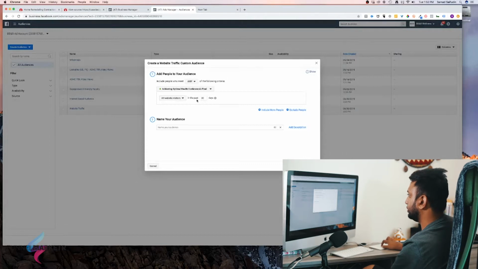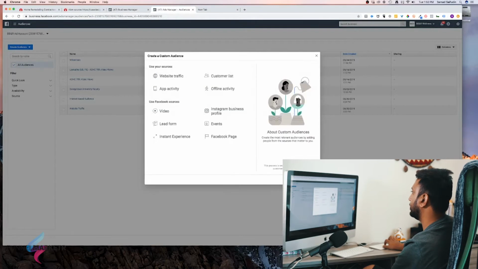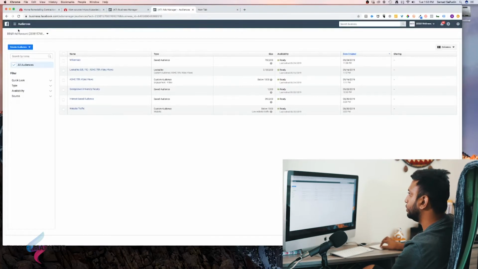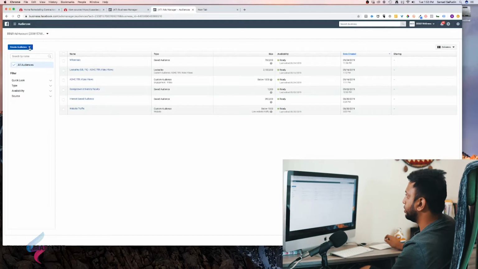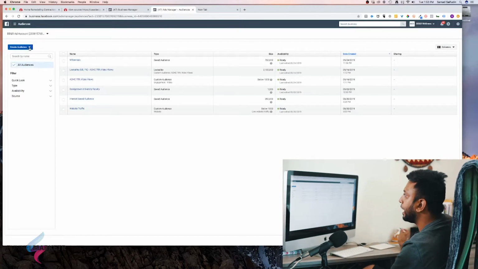And again, you can target everyone for the past 30 days. You're going to name it, and you're going to create a whole audience that way. So that's one piece that you can do with the pixel. Again, very powerful, because these are people that you might not have actually thought were going to do anything with you. And again, you're able to retarget them and try to reel them in to essentially buy into your